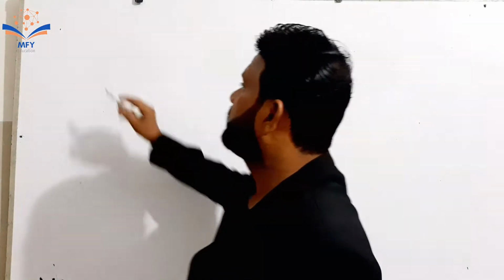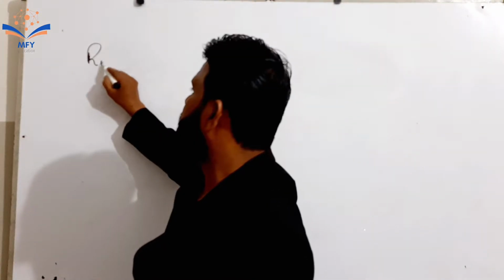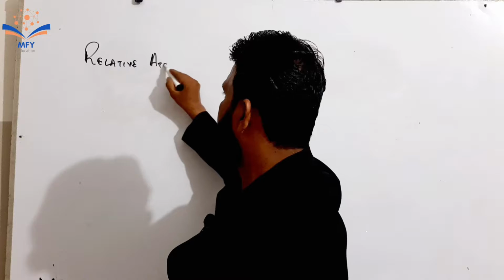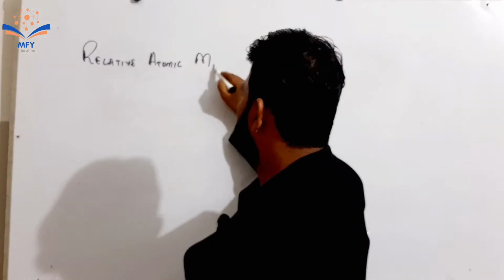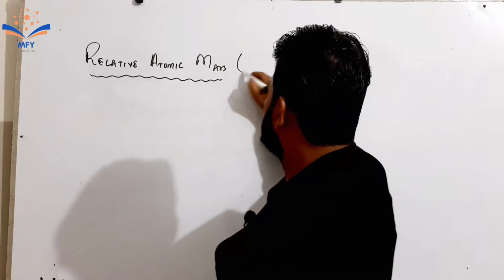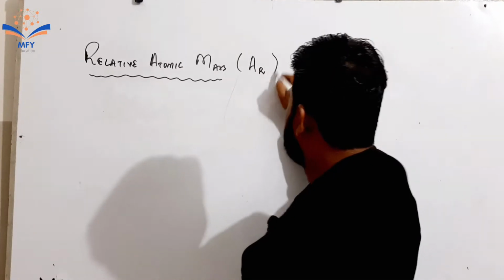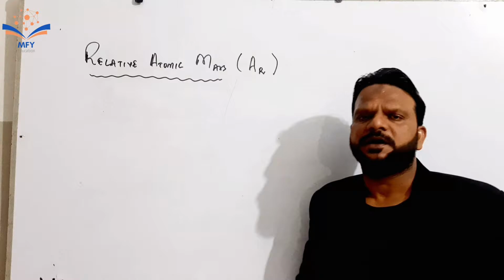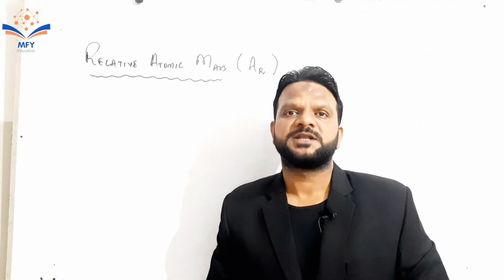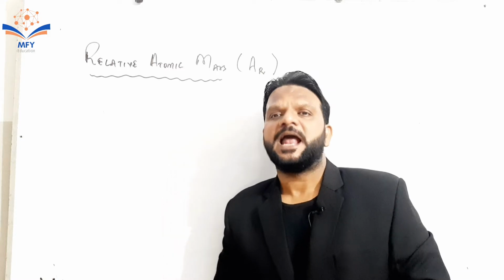Now I am going to write relative atomic mass. It is denoted by AR, or we can use small r. Now relative atomic mass, how can we write the definition? The relative atomic mass of an atom,